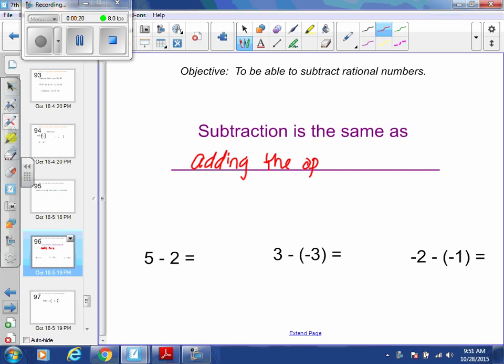opposite. And the first thing that I want you to submit as your proof of watching on Enphoto is that statement. Subtraction is the same as adding the opposite. I want you to type that out in the submit box. That whole statement, subtraction is the same as adding the opposite. Right? Really important to get that ingrained in your brain, and typing it out is one way that will help